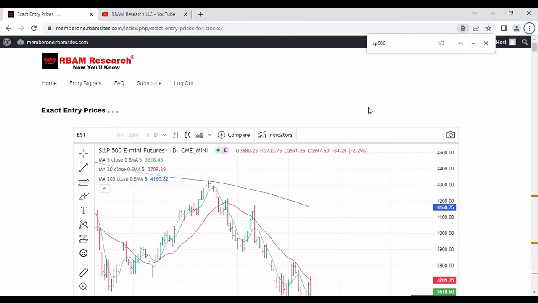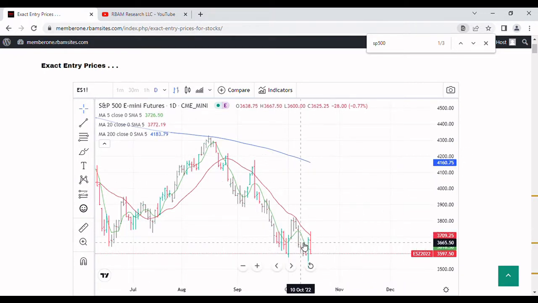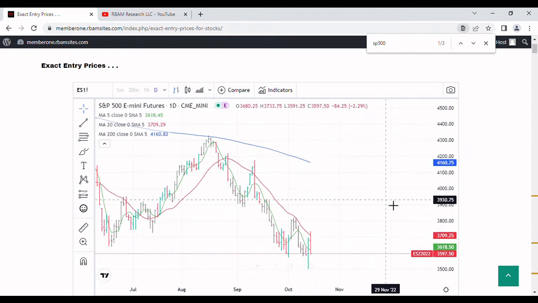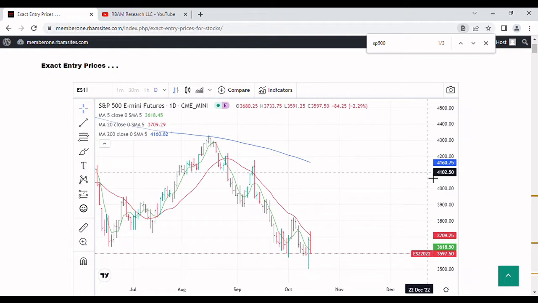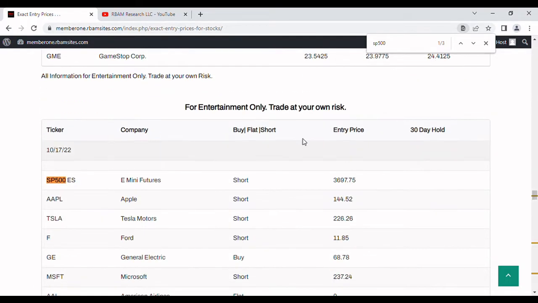We're going to do a brief video on S&P 500 day trading, and we've got a S&P 500 E-mini futures contract here for a daily chart for the Chicago Mercantile Exchange E-mini futures. It's got a 5-day moving average in green, a 20-day moving average in red, and a 200-day moving average in blue. The S&P's up 86 points right now as we talk at about 10:15 on Monday morning the 17th, and we're going to show you some day trading algorithmically generated prices you can use, assuming your own analysis says it's